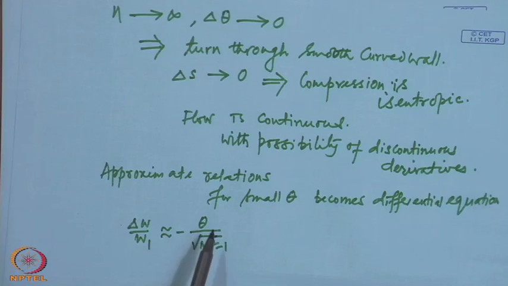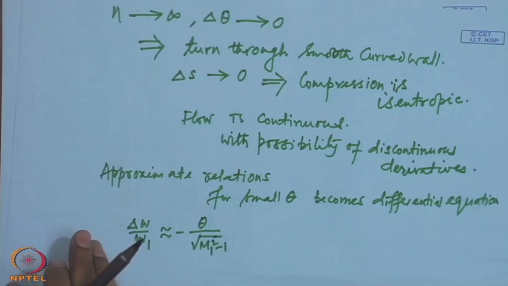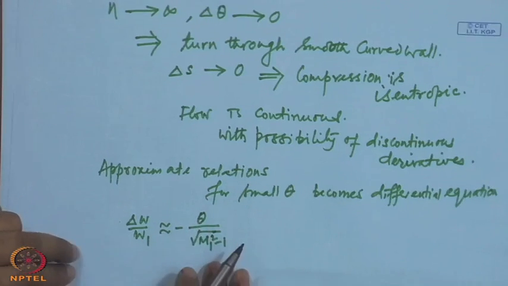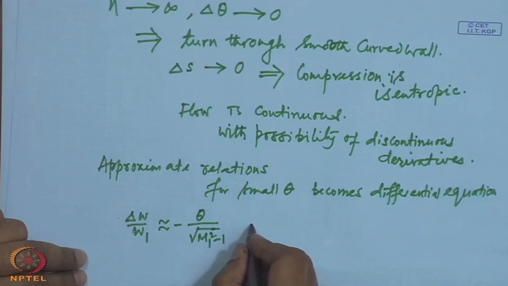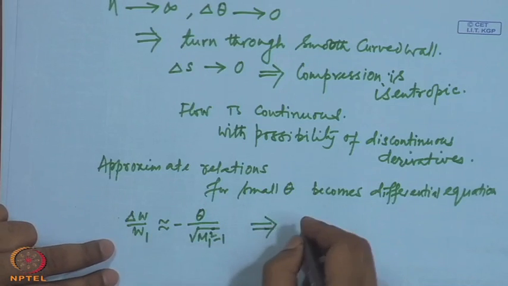It should be noted that even though we have not written a delta theta, the theta which is the turning angle always represents a difference in direction. Consequently, this is always in the differential form or difference form, and for a smooth turn this relation can be written as